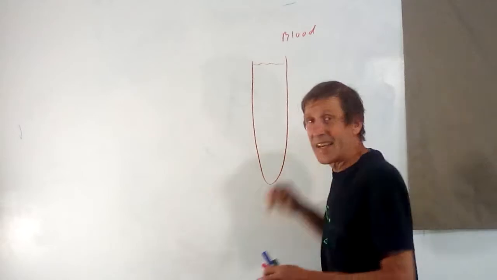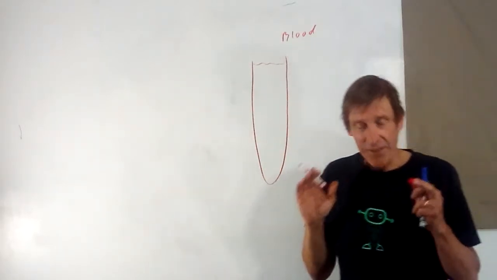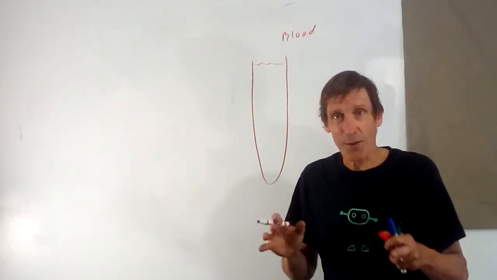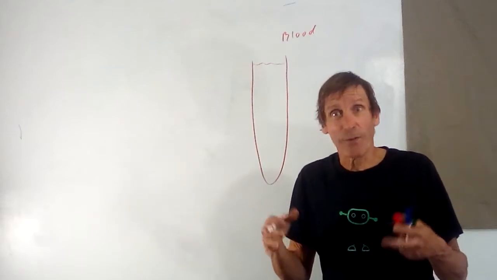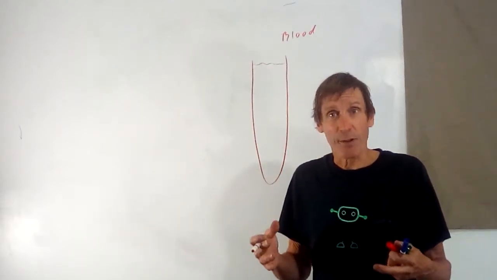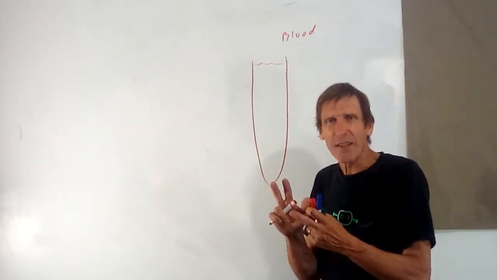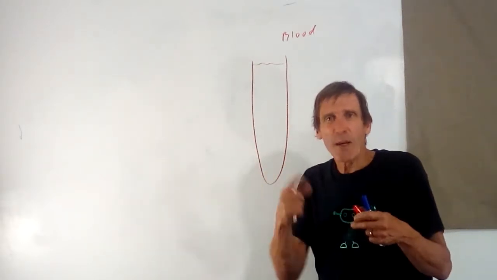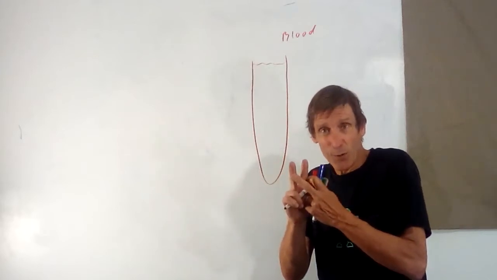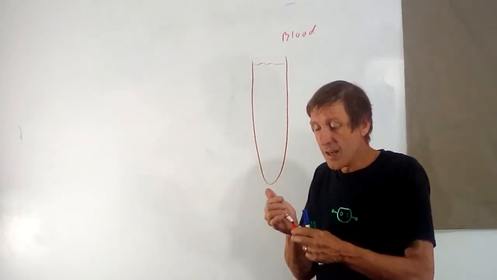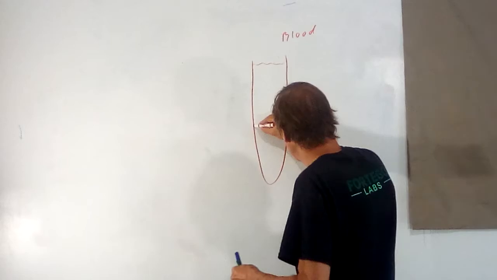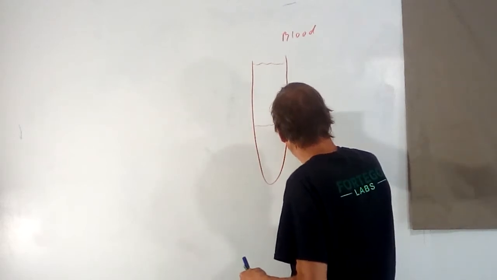Blood is a connective tissue. It's got a lot of non-cellular matrix with cells suspended in it. It happens to be a fluid. The matrix is fluid, so it flows. But if you take a blood sample, and typically you put it in a test tube or a capillary tube, and you spin it, the centrifugal force will separate the components of blood based on their density. And what you'll find is about